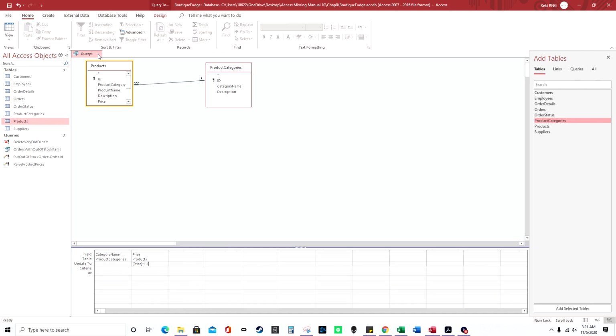Access just leaves them blank. And Access also enforces all normal rules for adding a record, so it can't violate the uniqueness of a primary or unique index. So you can't insert or append data that is duplicate to what already exists. So if you're creating a table and you have a group of workers, you can't just upload another worker if you have unique workers, because then you just multiply however many workers you have. And then if the destination table has an auto number, then you don't supply a value for that field, because Access automatically generates an auto number,